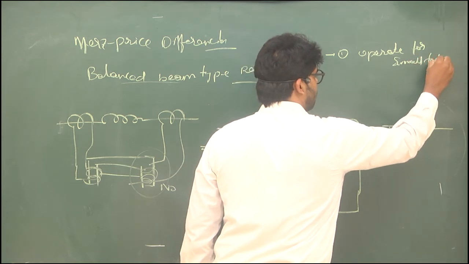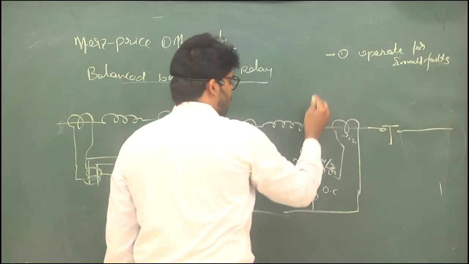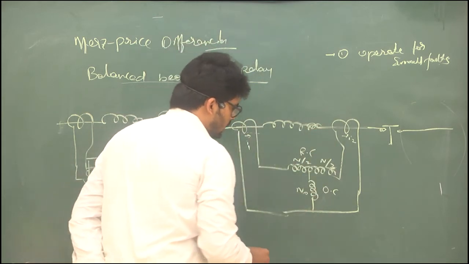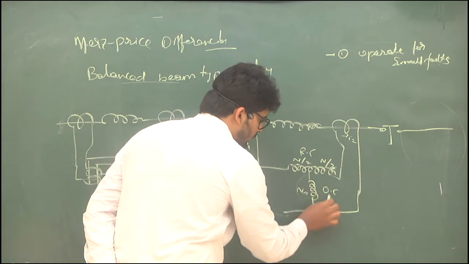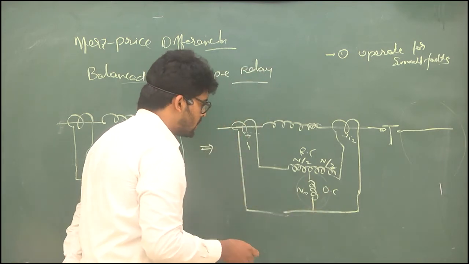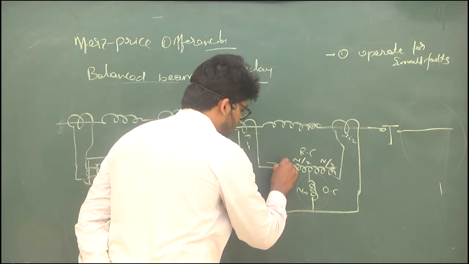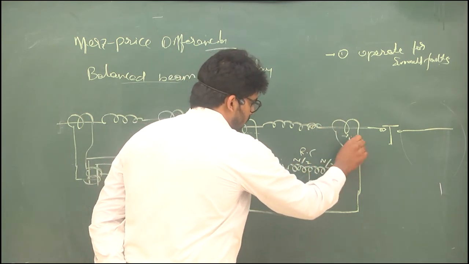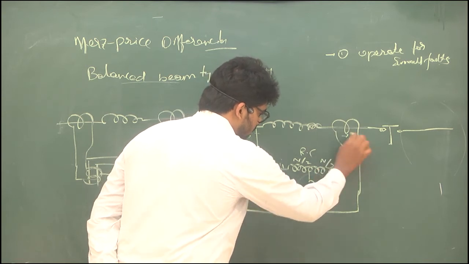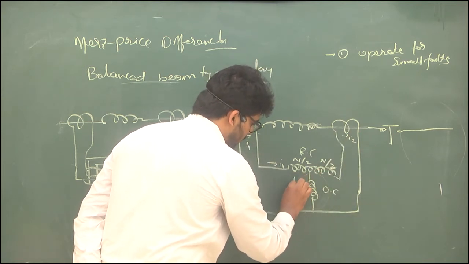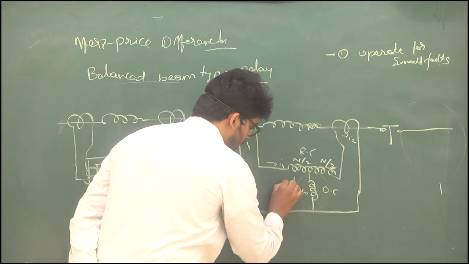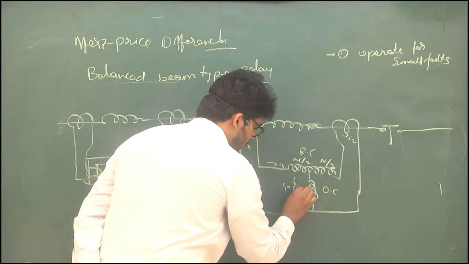Faults or split faults, we'll call. That's the main advantage. Here, the operation of this coil merely depends upon the MMF. So if the current I1 is flowing like this, and the current I2 will flow like this, therefore the current flowing through this coil is I1 minus I2.